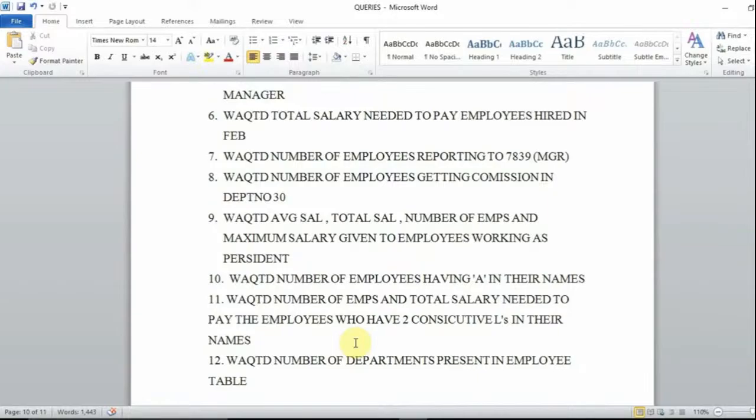So in their names, two L's should be consecutive. So I just have to use the like operator again. Instead of a, I will be using double L here. Okay, so first thing, select. I want count of star, comma, after that I want to display sum of salaries. I don't know why I missed this first bracket. Sum of salaries from emp, and where condition says that e name like